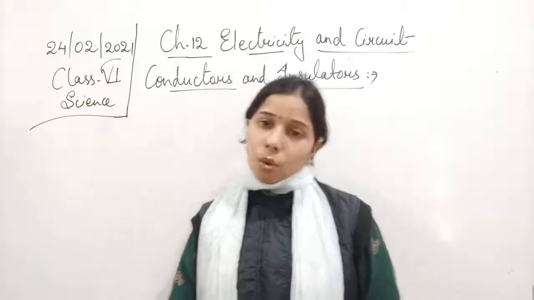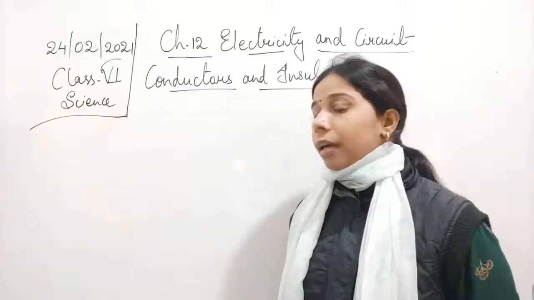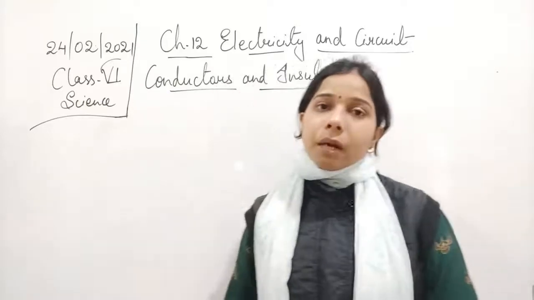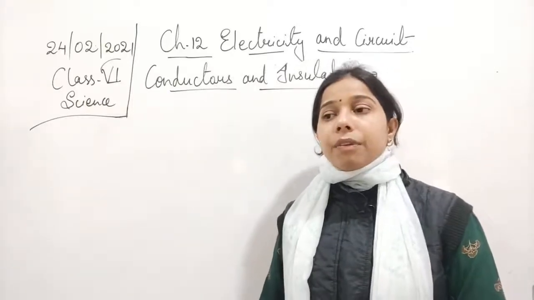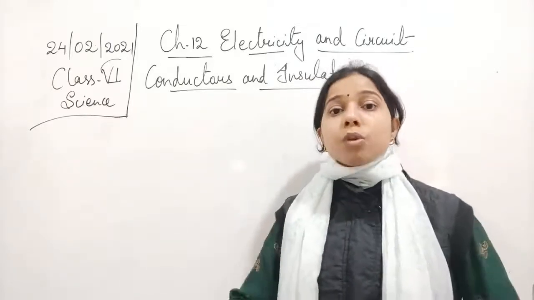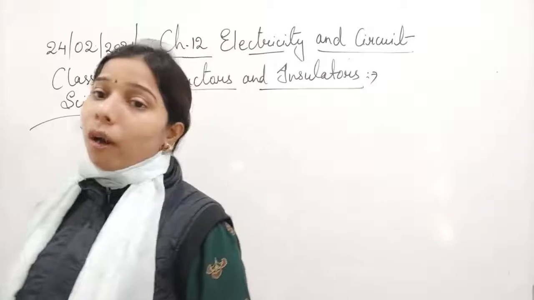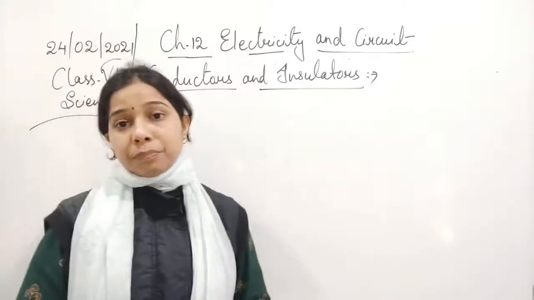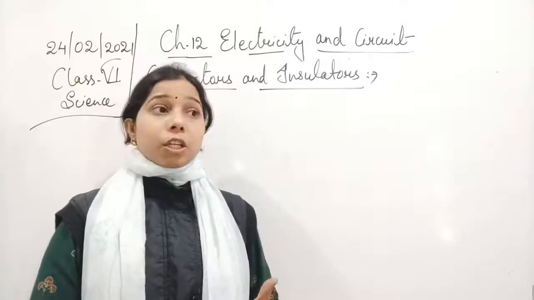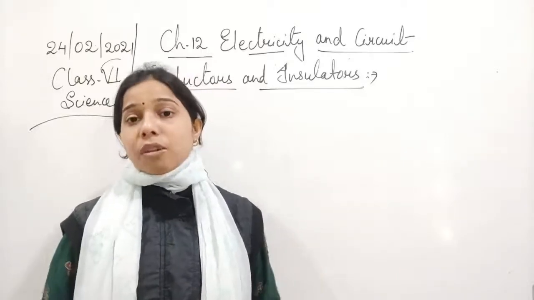Now my question is that, for making a circuit we have used a copper wire, and that copper wire is providing a path due to which the electric current passes through it. What if, in place of copper, we use a cotton thread? Why can't we use a cotton thread for making a circuit? Since the cotton thread is not a conductor, it does not allow the electric current to pass through it. It means this cotton thread does not give a path for the electric current to pass through it.